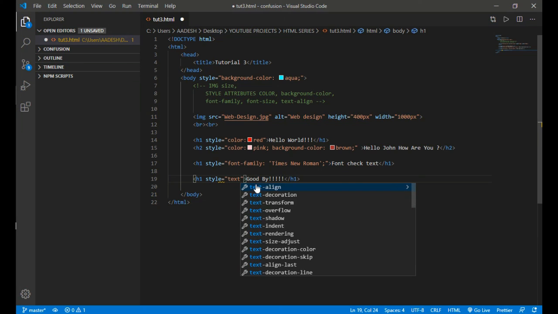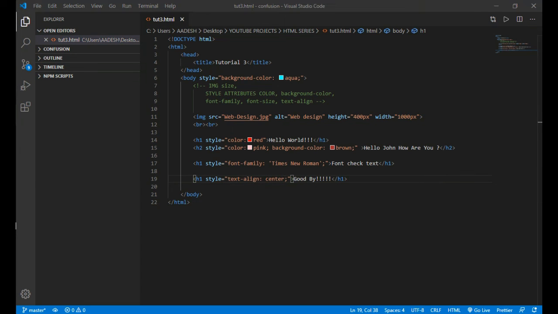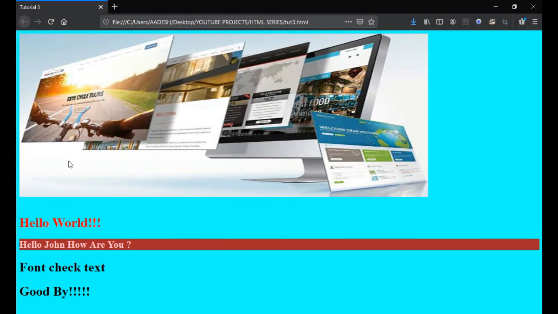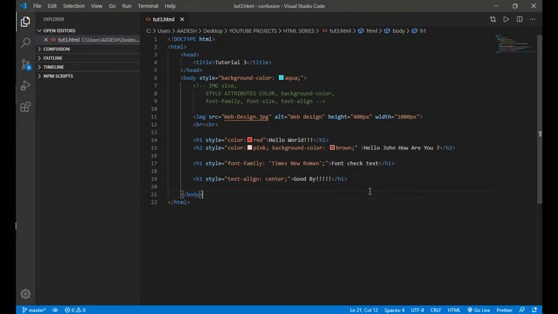We will write text-align center, because we want the text to be in the center. Now hit the refresh button. Yes, our text has come to the center.